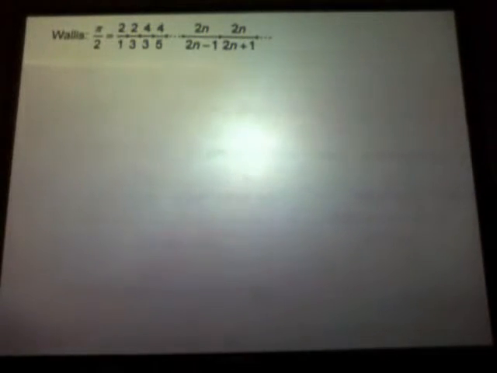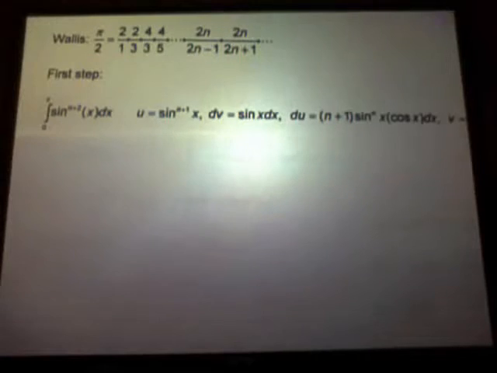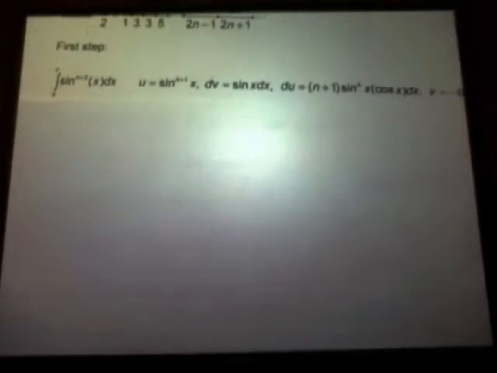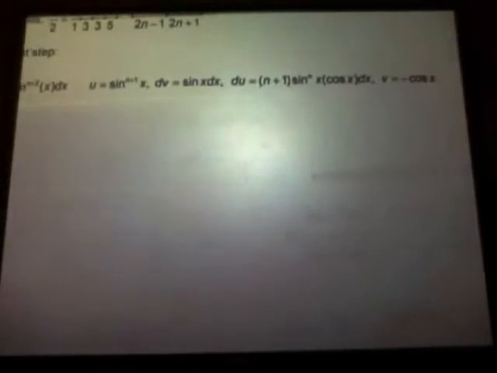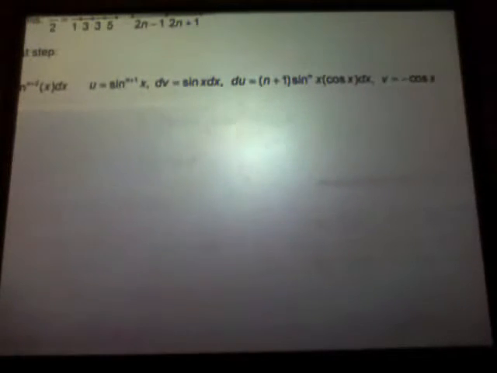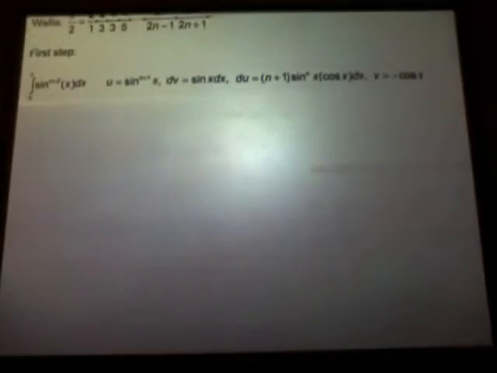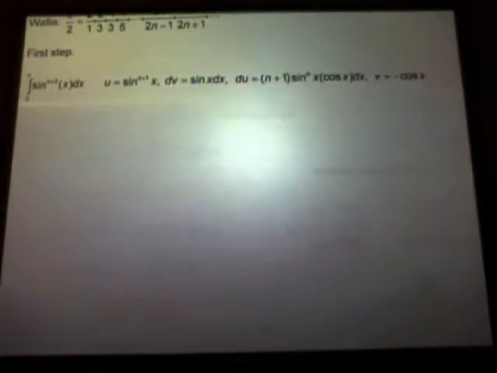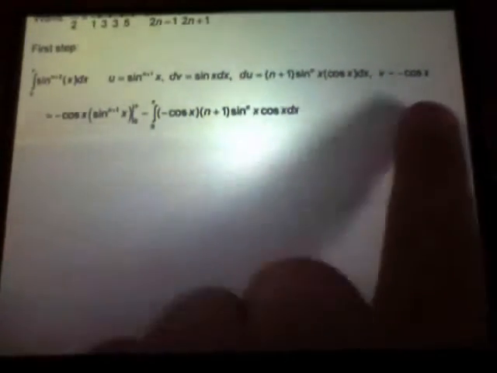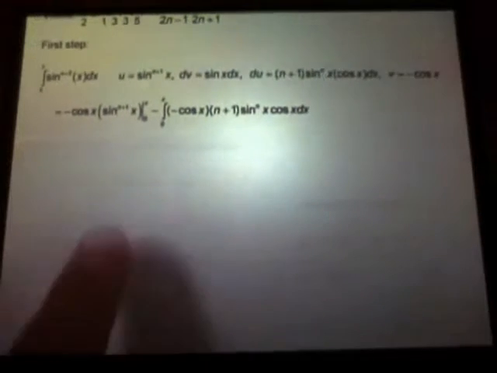Okay, so the first thing for Wallis's formula, he says, is to use integration by parts on this. It's a u dv, so we let u equal sine to the n plus 1 and dv equal sine x dx. Okay, that's good. So when you do that, you have your uv, so negative cosine times the minus the integral